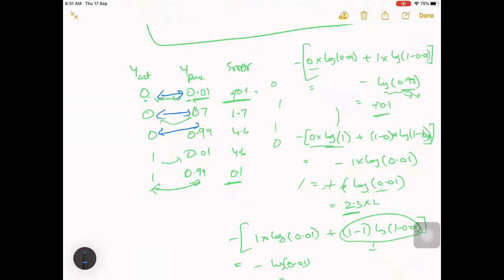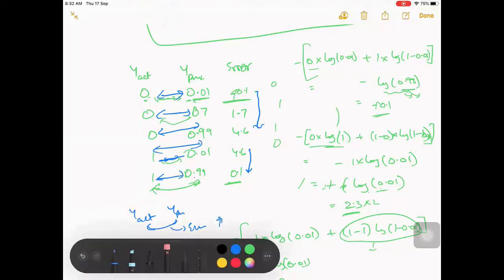Then here the difference is decreasing. Here there is a way bigger difference, but here these are almost the same. So if you see, your error value is decreasing here, coming towards one. That is how, as the deviation between your y actual and y predicted is more, your error value will be more. That is what this loss function is actually doing. So maybe now it will be a bit clear.